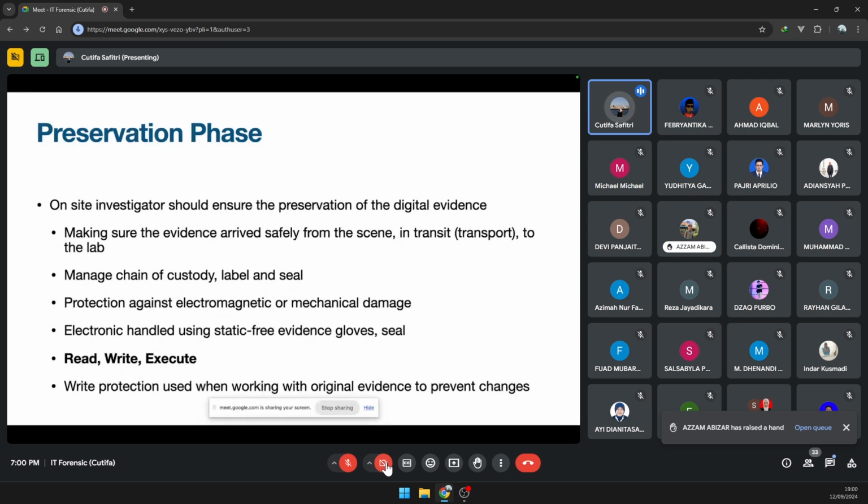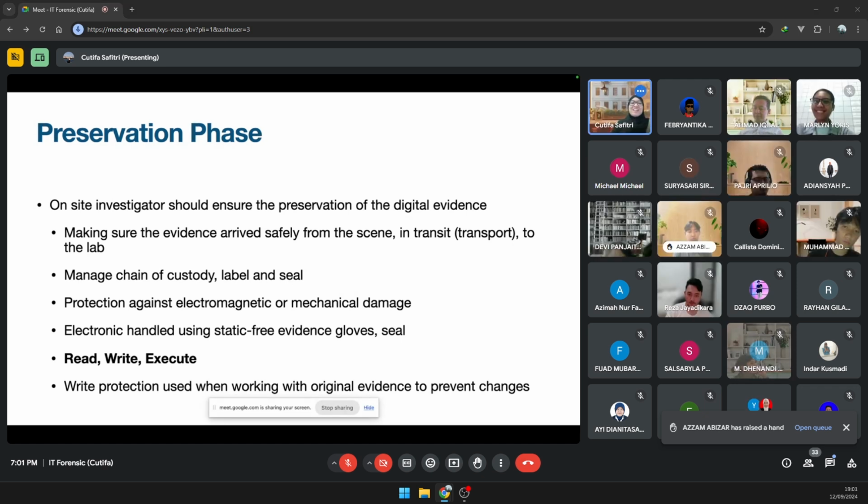If, for example, you cannot go to the forensic lab to store it in the evidence locker, take it with you, sleep with it. But of course, when you sleep, you don't know what's going on, right? So take it with you, label it, seal it, put it in the evidence bag. It stays with you all the time. You cannot roam around the area and leave it for five minutes. No, never, ever.